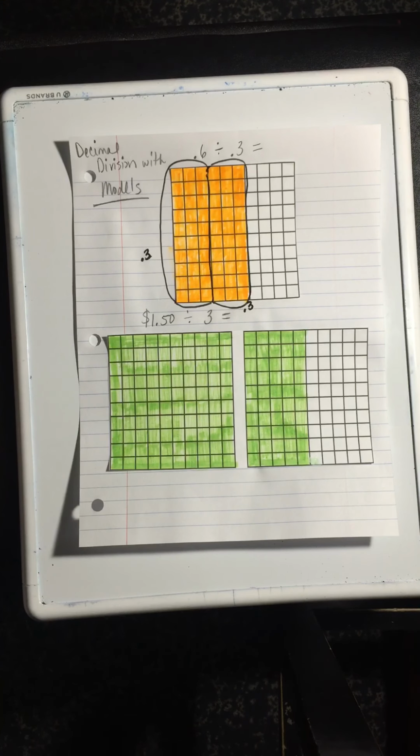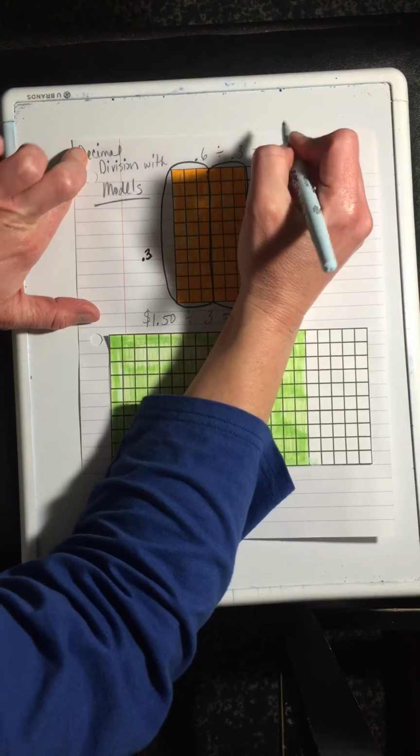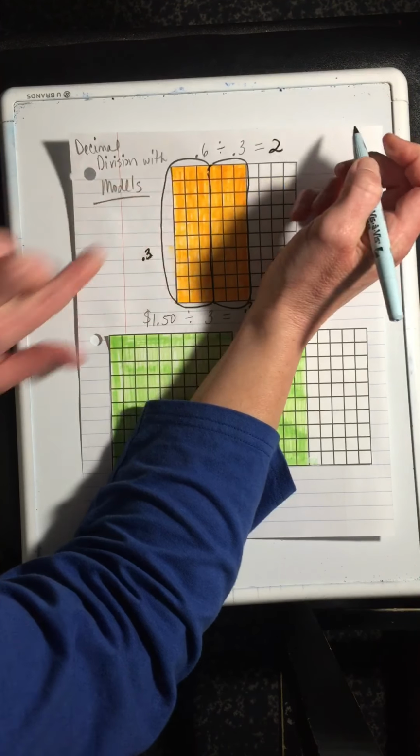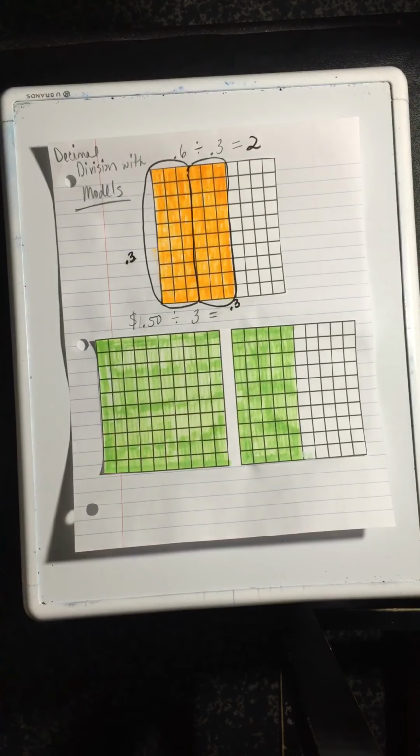How many groups of 3/10 was I able to make using this model here? I was able to make 2 groups. I'm just going to write with my marker here: 2 groups of 3/10. So the quotient to this question is 2 as a whole number,